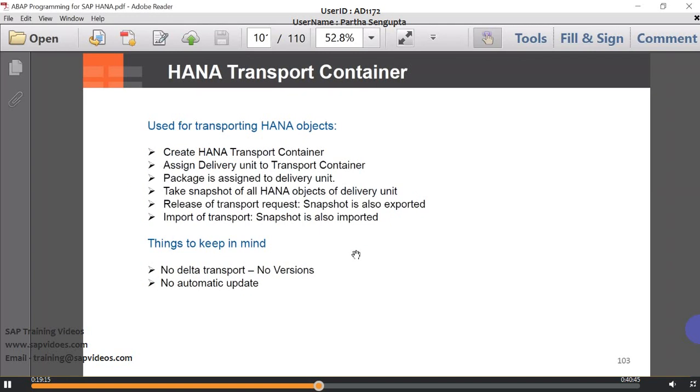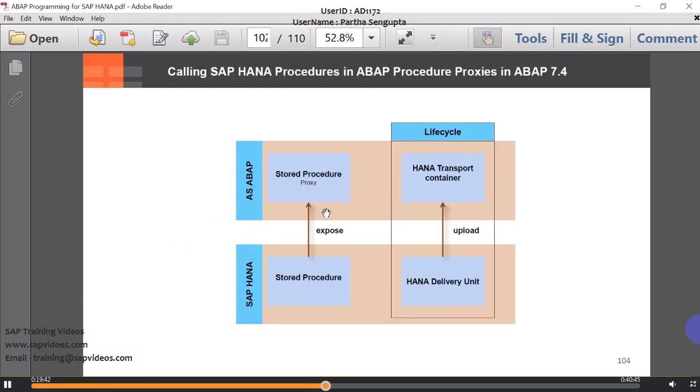So with a transport container, transporting the dependent ABAP code so that it can be imported into the target system successfully requires the HANA content to be transported. Suppose you create an external view and you don't have your HANA view in your ABAP system; then you will not be able to expose it. So there is a dependency between the HANA system and the ABAP system. Even in ABAP, when you create a database procedure and expose it as a stored procedure proxy, which we will see in the next few minutes,